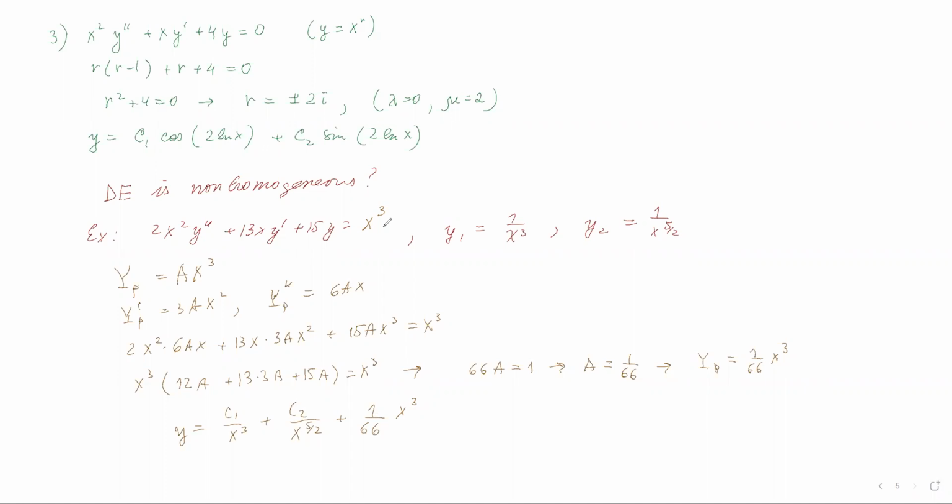I'm going to just set up an example, but I'm not going to solve it. It's going to take like another half an hour, and we are already working for like an hour. So if we have the same equation, something like this, 2x squared y second derivative plus 13x y first derivative plus 15y, and it's not equal to x cubed but equals e to the power of x, for example, you will need to use variation of parameters. When you do it, don't forget that variation of parameters is a standard method, but you will need to bring your equation to a standard form.